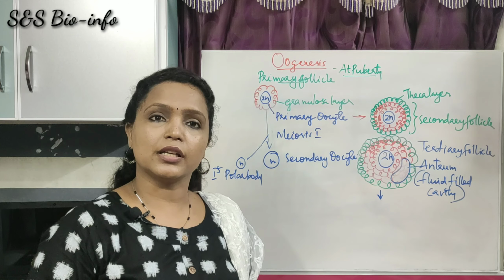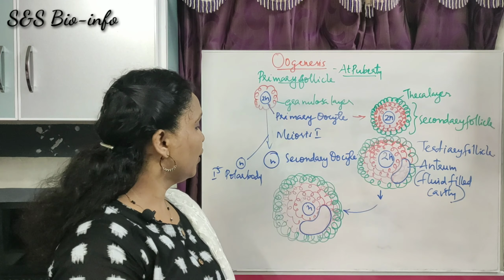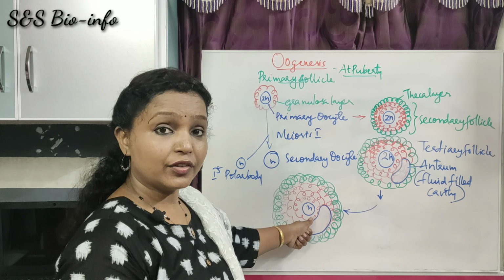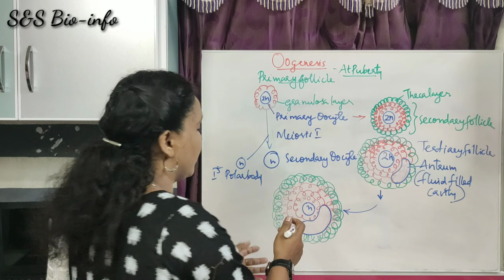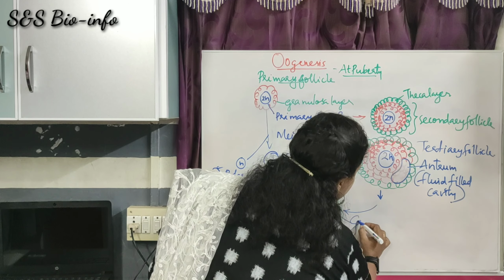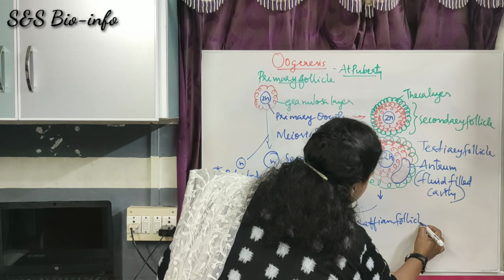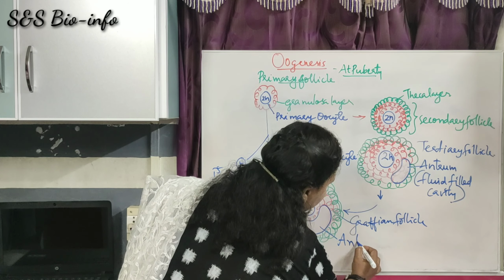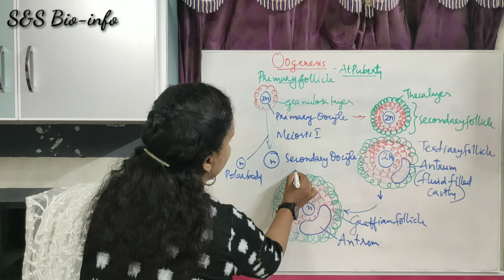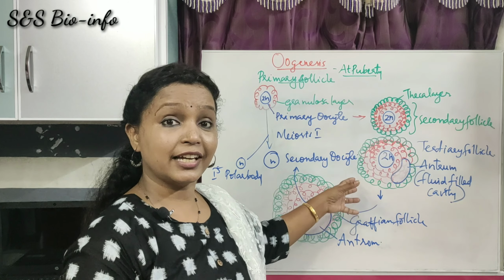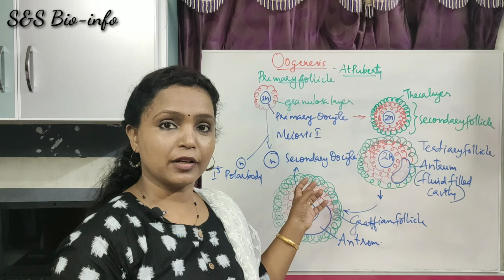Now you can observe the secondary oocyte with the matured Graafian follicle, with the large sized antrum, the fluid filled cavity antrum. Then this is the secondary oocyte. This is the way the changes take place during the maturation phase and growth phase of the primary oocyte